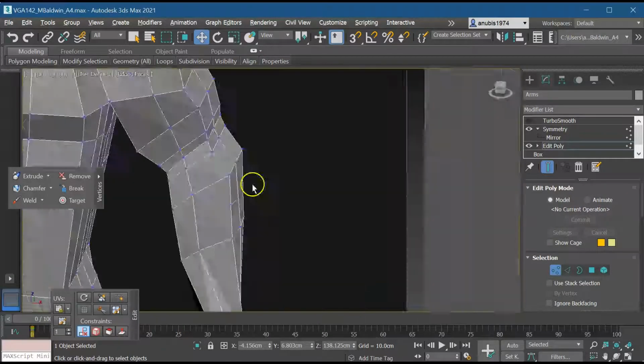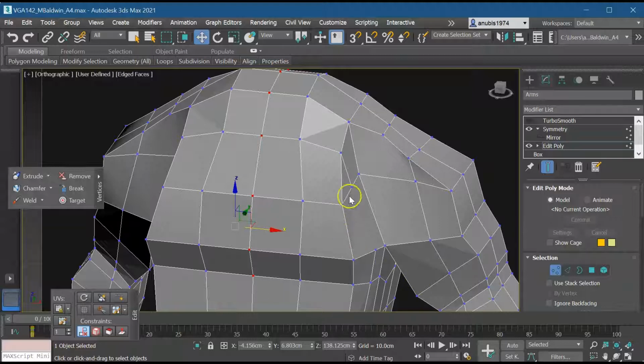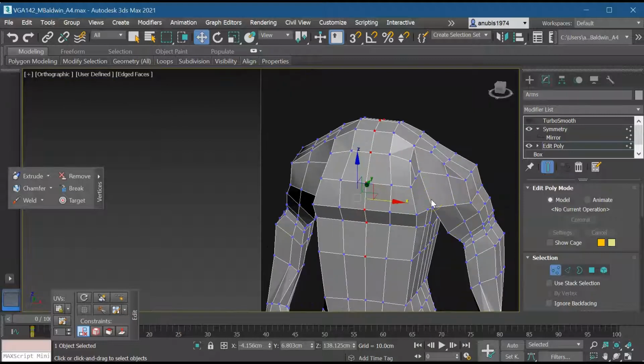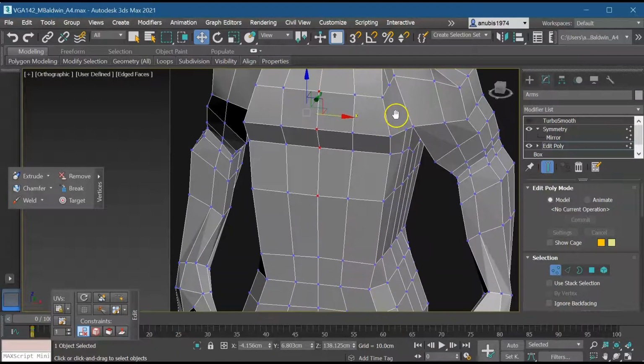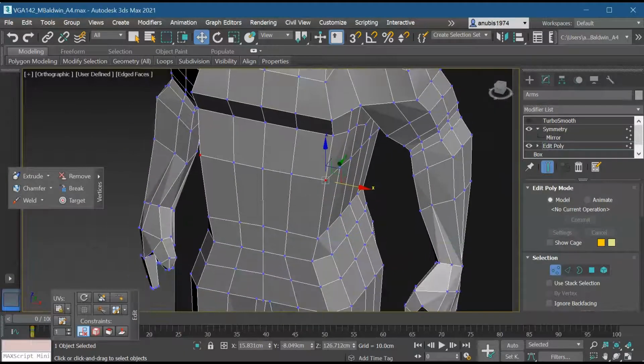Second, no arm has this sort of configuration, right? So you have a lot of n-gons, right? You see this? This is an n-gon. That's bad. This is an n-gon here too, because it has 5 sides, not 4. Then you have a triangle here, right? So the reality is your model needs a bit of work, right? So first off, we have to make the waistline not a square, right? So we're gonna push this in,